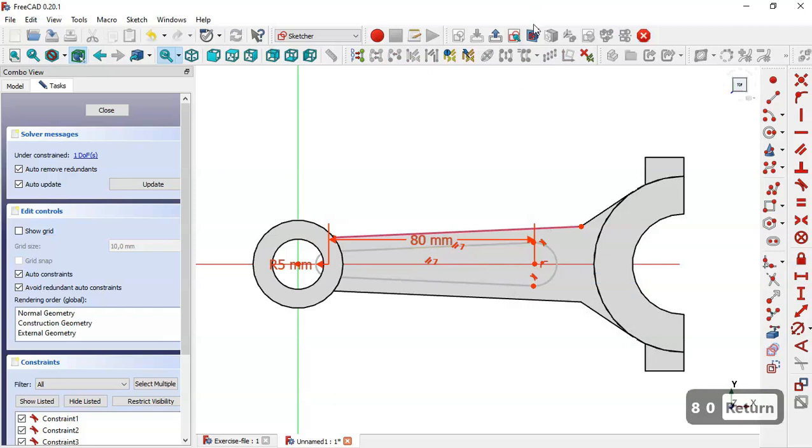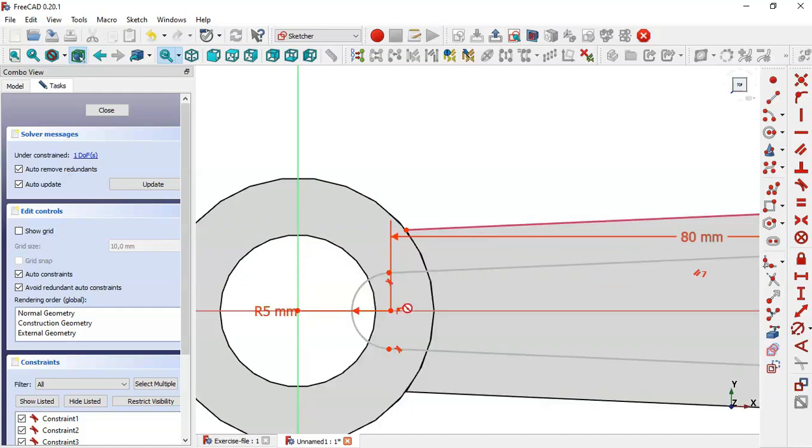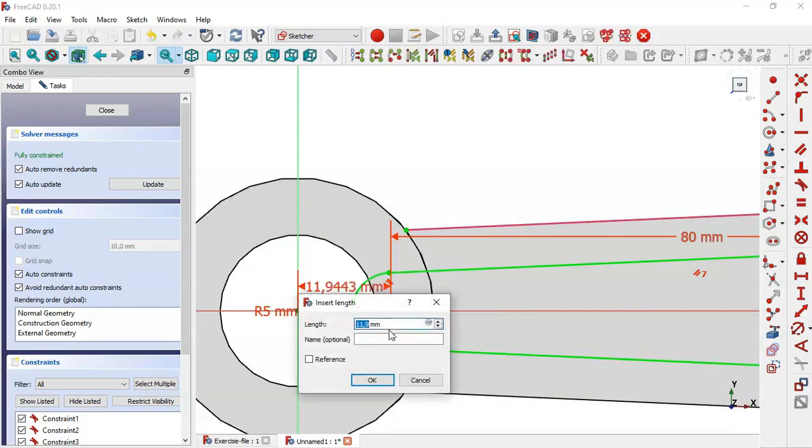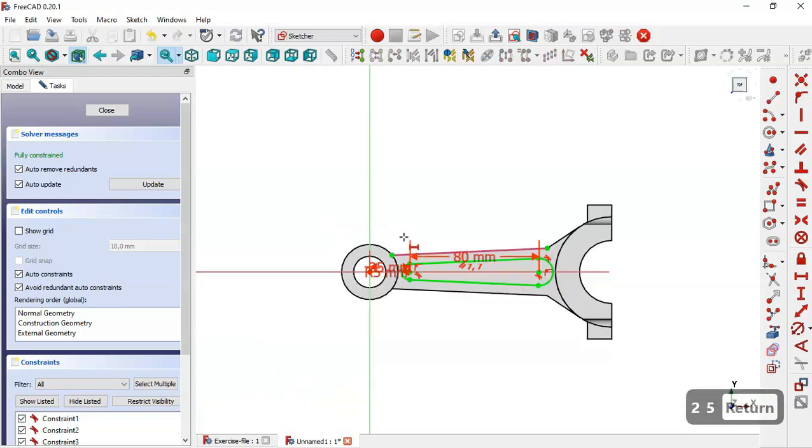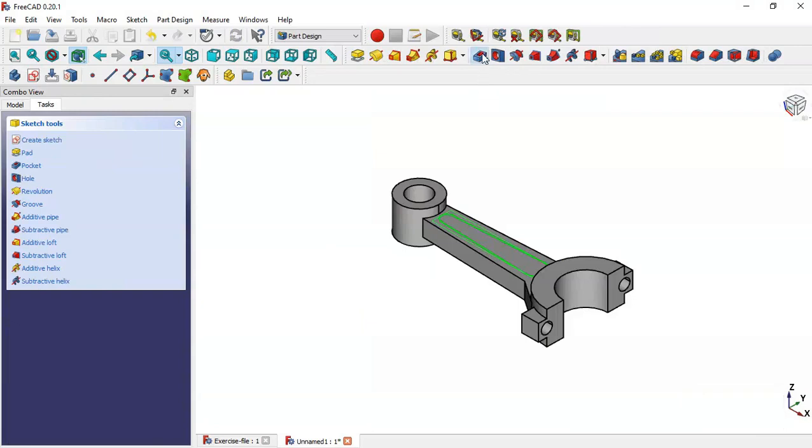Okay, switch to section view, and here the distance between this origin point to the center of this arc we can say is 25. So okay, it's good. Click close, go to the pocket tool,